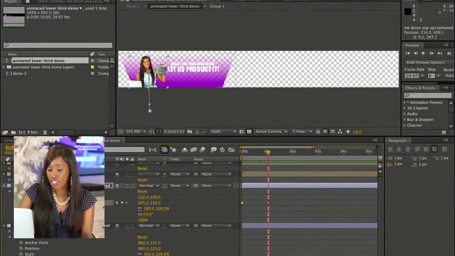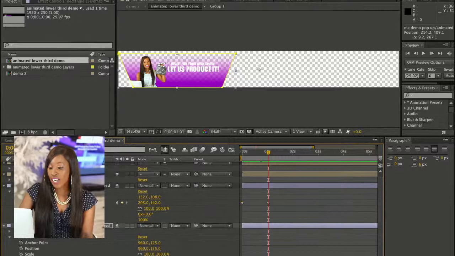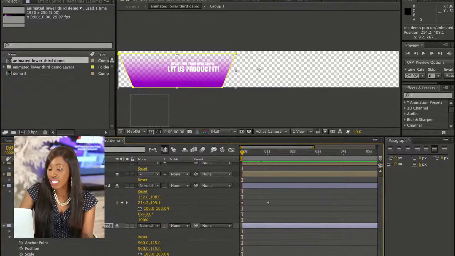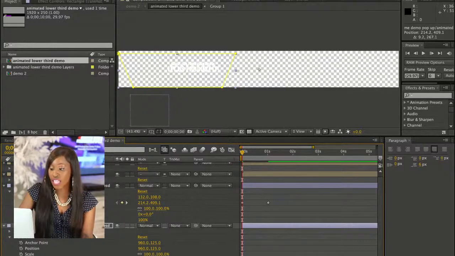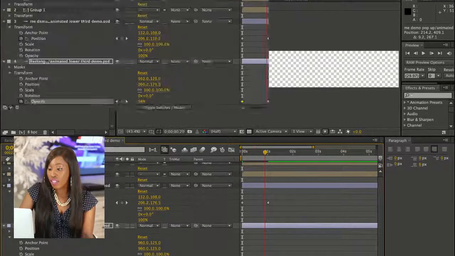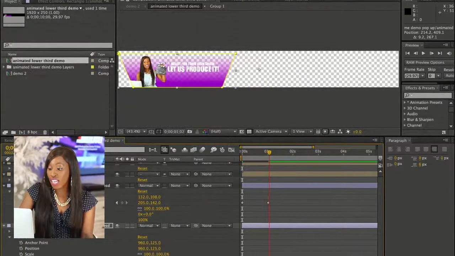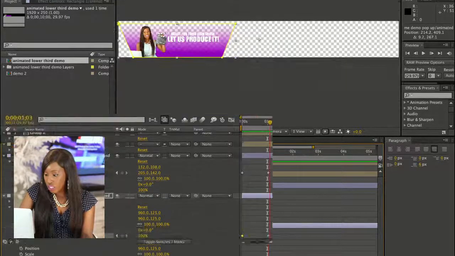So the way that I do that is I just hit the keyframe for opacity, making sure that my time code is at 1 second. Hit opacity there. And then when I go back to 0, make sure that instead of 100, it's at 0. Boom, it's at 0. So now when I drag the time code, you can see that I have me popping into the frame and the background is appearing out of nowhere, right? So that's really cool. The other thing that we need to make sure that we animate, making sure this is back at 1 second,